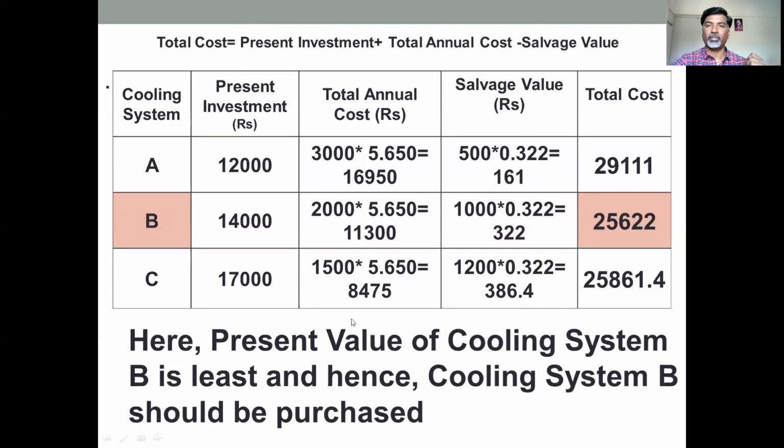If they have given you the present value, the investment percentage, salvage value, their life period, and on the basis of that you compare these values with present and calculate the present values, then by comparing the present values, you can say which system is better and which systems are not good. So in this example, we identified cooling system B is a good system, then you can suggest it for the restaurant. Okay, so here we have completed the replacement concepts,